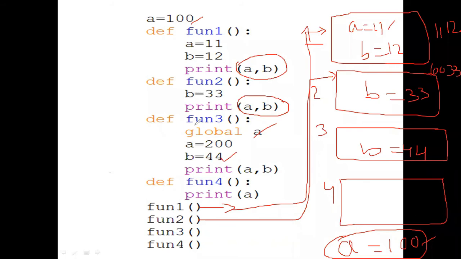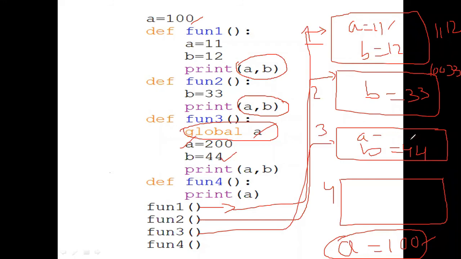Next, we call function 3. Now you observe that global A. I define a variable A here, which means we can define it globally, so we cannot define this A inside the function. If you give the instruction A equals 200, the variable would be defined in function 3.